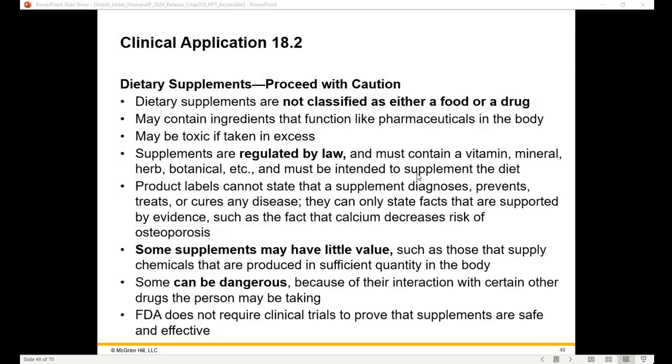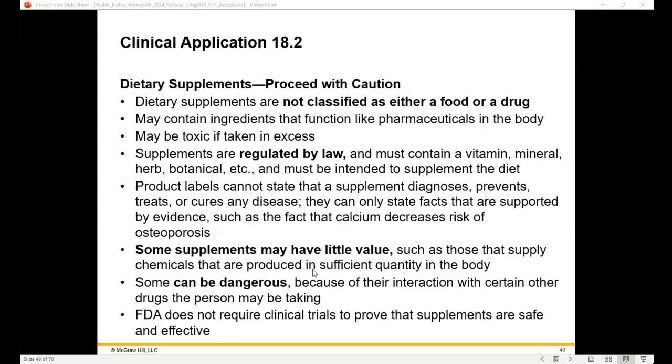Supplements are regulated by law and must contain a vitamin, mineral, herb, or botanical. It must be intended to supplement the diet. Product labels cannot state that a supplement diagnoses, prevents, treats, or cures any disease. They can only state facts that are supported by evidence, such as the fact that calcium decreases the risk of